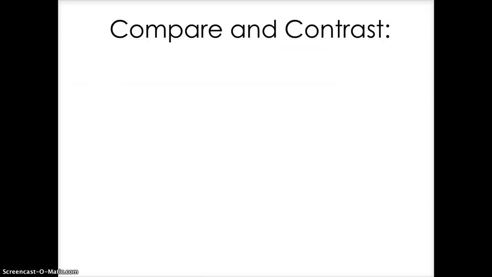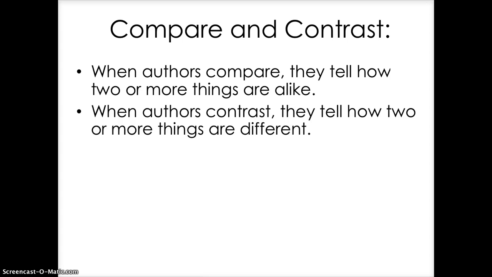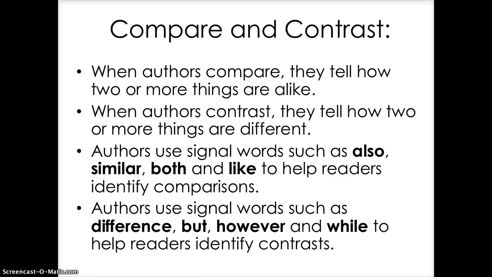So, all right, just to review, compare and contrast. When authors compare, they tell how two or more things are like. So compare means similarities, okay? When authors contrast, they tell how two or more things are different. Authors use signal words such as also, similar, both, and like to help readers identify comparisons. And on the other side, authors use signal words such as difference, but, however, and while to help readers identify